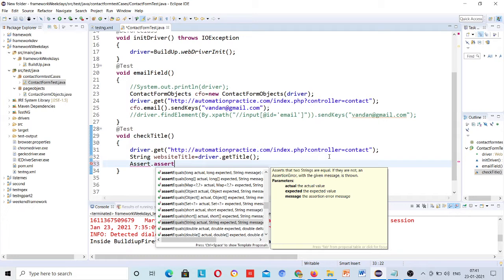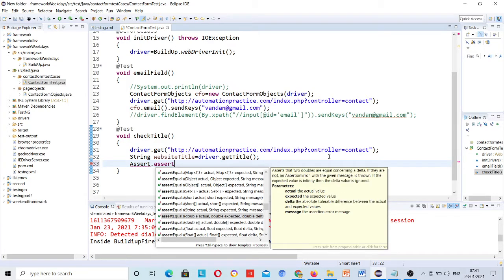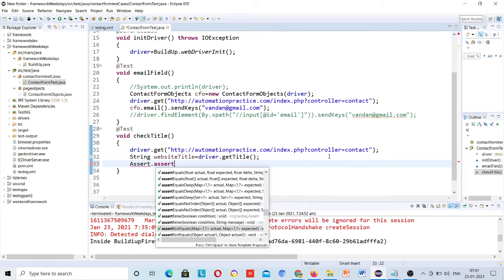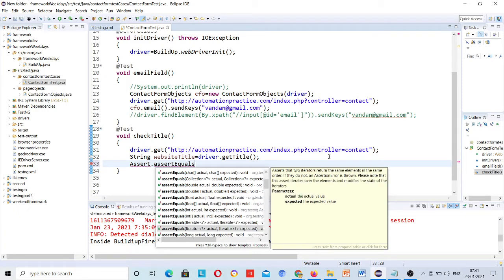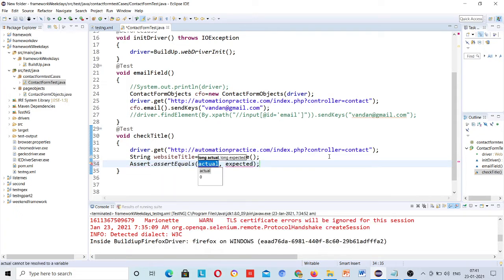String actual and String expected. I just remember that method, and here actual is this, and suppose I am expecting something else like abc.com.